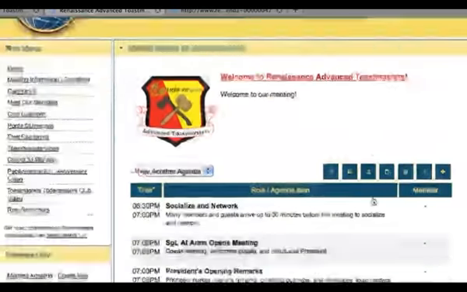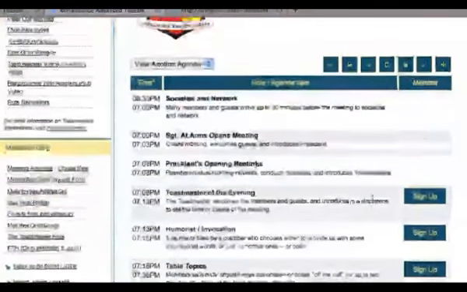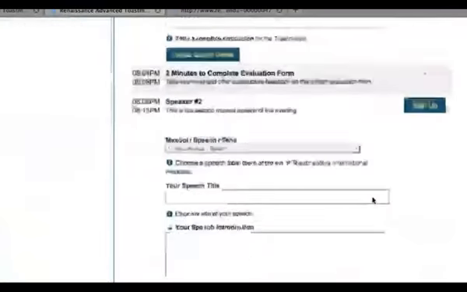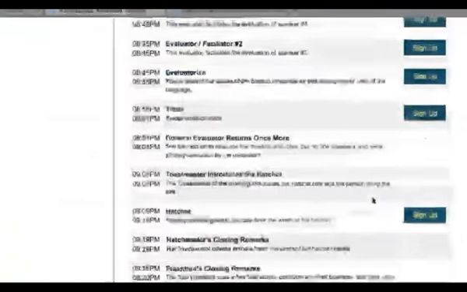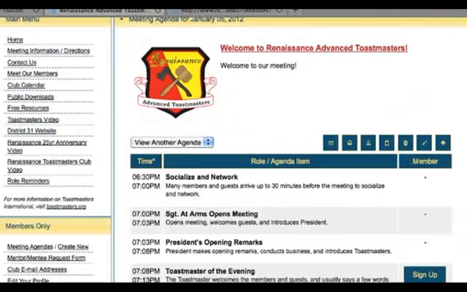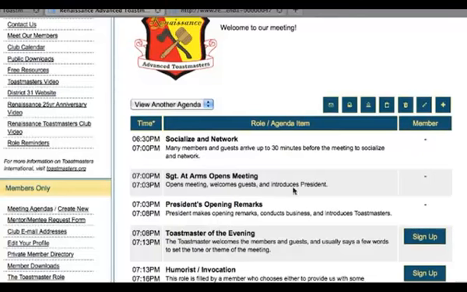And once it refreshes, we could see that we have a template agenda here with nobody signed up for the speaking slots. Over here in the member column, where we have a dash, those are roles where people cannot sign up. For example, I couldn't take the Sergeant at Arms position if I wanted to, just as a member,